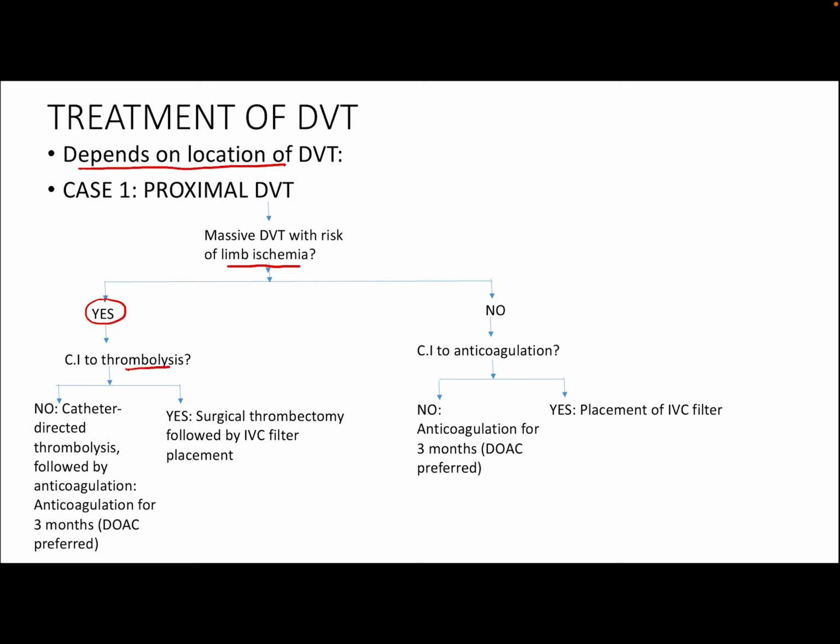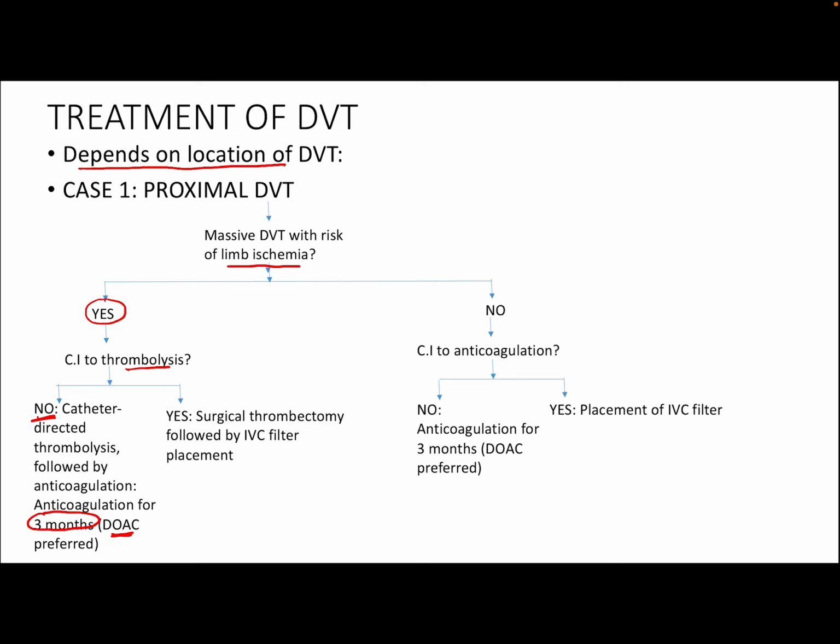Thrombolysis is usually with thrombolytic agents like alteplase, streptokinase. If there is no contraindication to thrombolysis, we'll go with a catheter-directed thrombolysis followed by anticoagulation for at least 3 months. And we usually prefer a direct oral anticoagulant, that's DOAC. And this catheter-directed thrombolysis is when, using a catheter, we infuse agents like alteplase and streptokinase near the site of